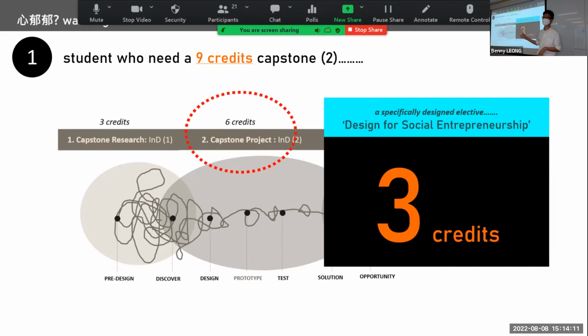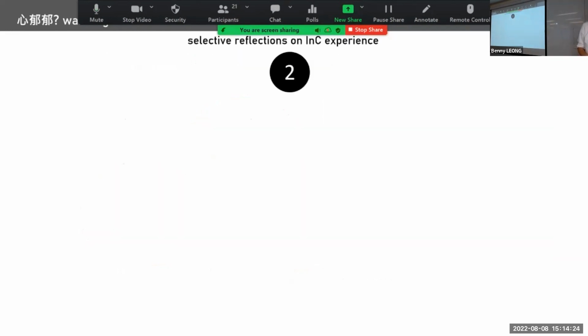And of course, other than this specific elective, you can still pick other electives which you think suitable. Of course, you need to bear in mind that you have 3 more credits of workload. Now that's the first thing. Okay, second.